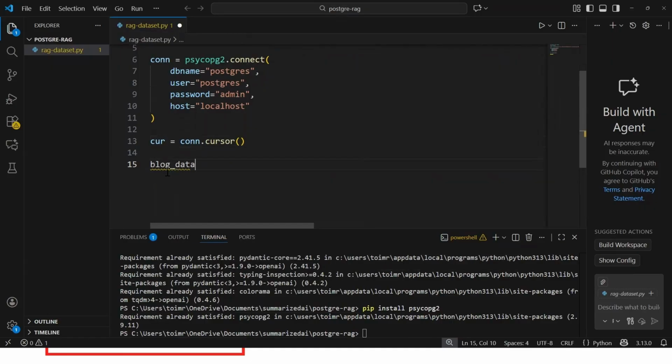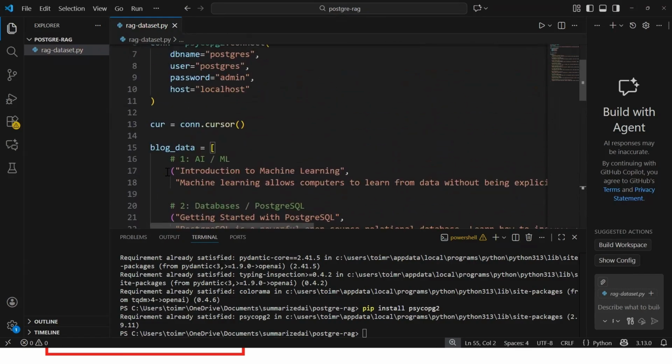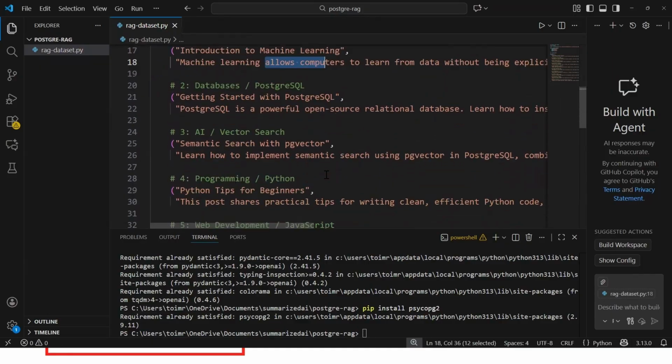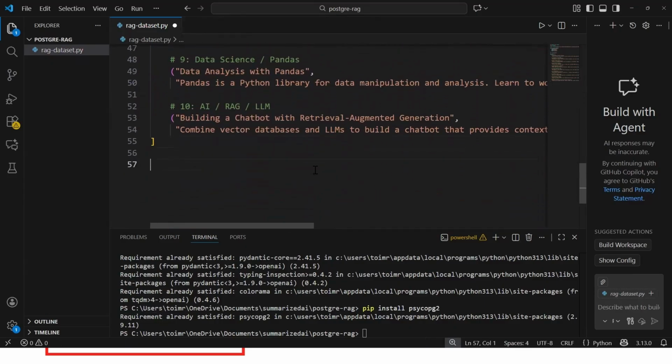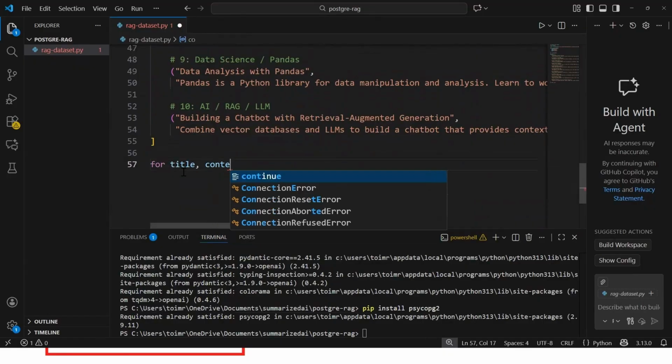So blog_data equals this. Here we have multiple blog posts, and every blog post has a title and description. This is what we are going to use. Now we have our dataset with us. As we discussed earlier, once we have our dataset, we are going to loop through it. So we are going to say for title, content